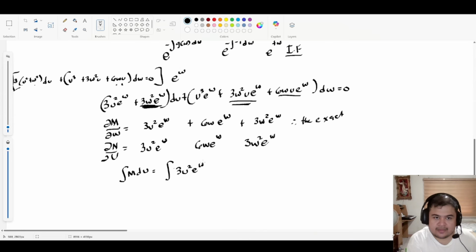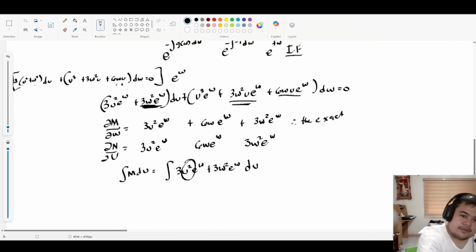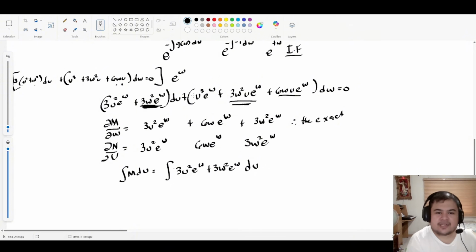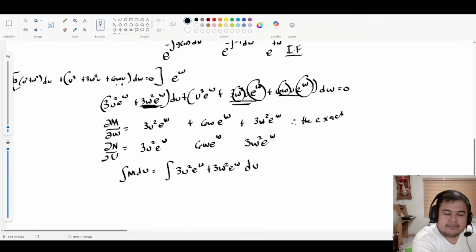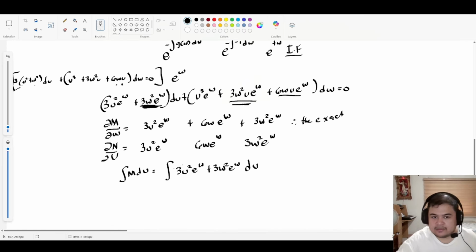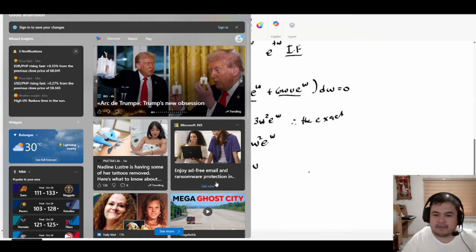It's much easier to integrate the left side because there's only one u there. But if you integrate the right side using theorem 2 and theorem 3, you're integrating dw, and there is a lot of w there, meaning you're gonna be doing integration by parts a lot. So by avoiding that,